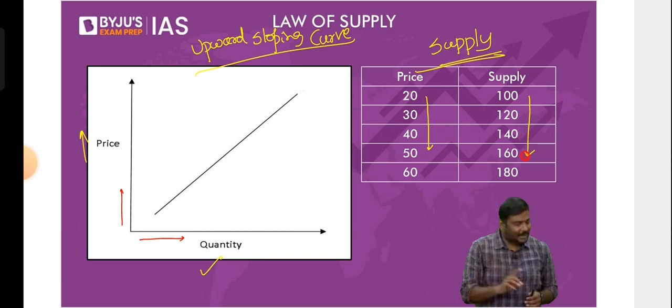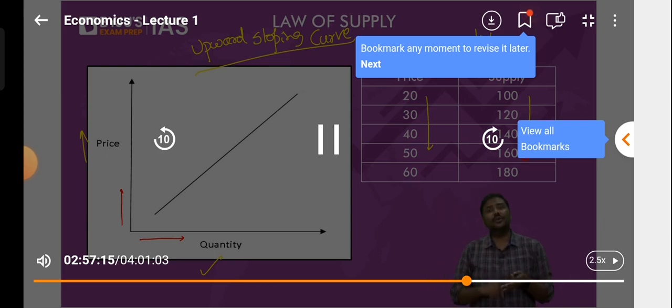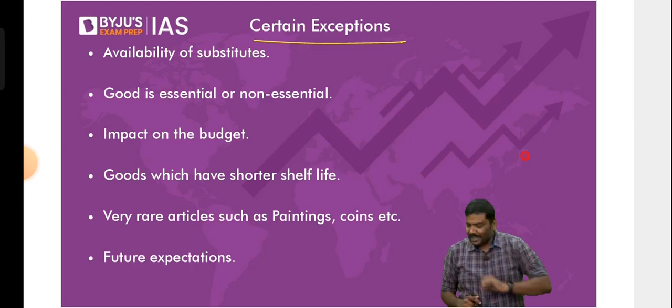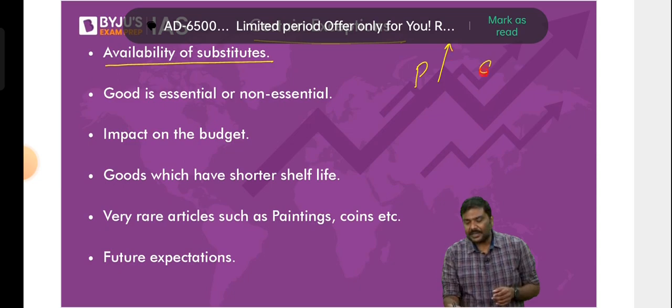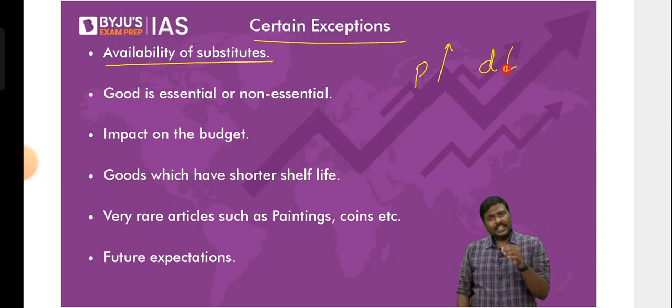Now coming to your concerns. Is it applicable in all situations? Is it holding true for all goods? Are there any exceptions to this? Of course, yes, there will be certain exceptions. Let me explain. One is availability of substitutes. Imagine the price of a product rises up. I said that as per the law of demand, the demand should go down. This is what I've explained. But the issue here is, what if there is no